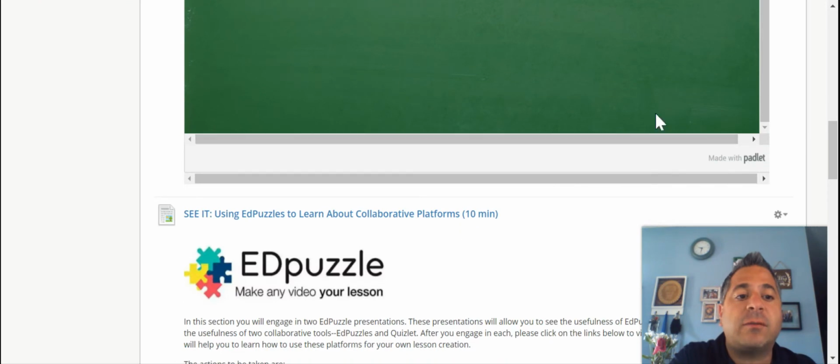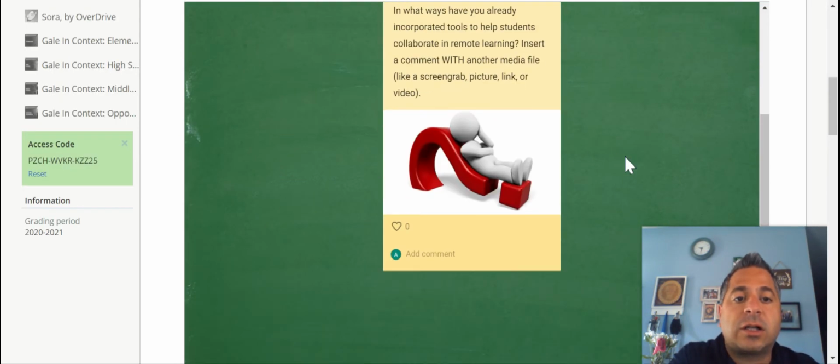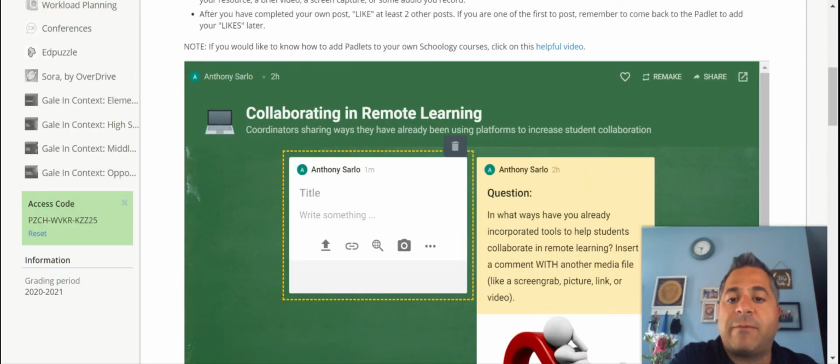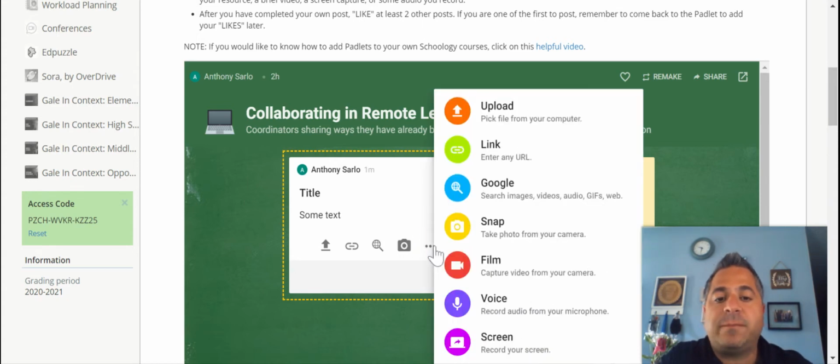The way you do that is you'll come down and click on the plus button, and then it'll open up a little tab for you here, and you'll type some kind of title, and then write some text. Usually with a Padlet, you can leave it just like that, but this time I want you to add something additional. So you can click on this little button, and you can upload a file from your computer